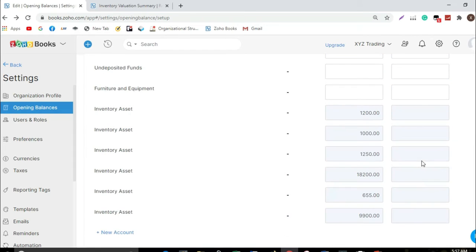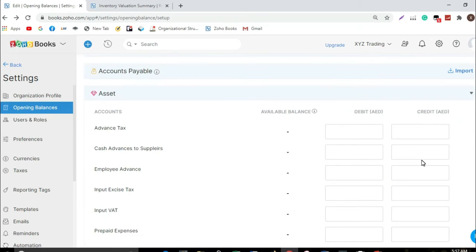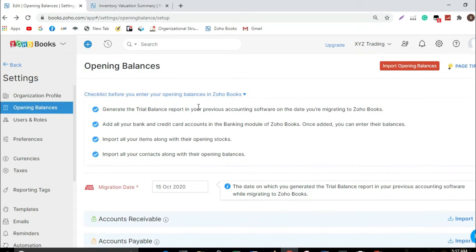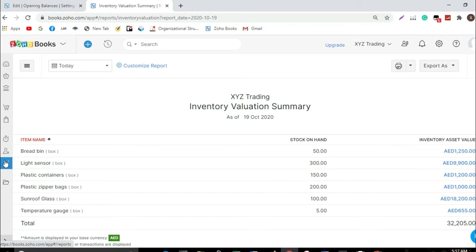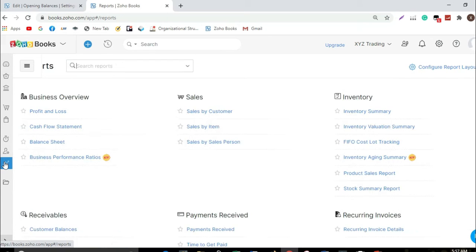If you find the account title and put in the figure manually, it's time consuming. That's the reason why I prefer adding the opening balance using the manual journal, because later you will see why I prefer doing that.